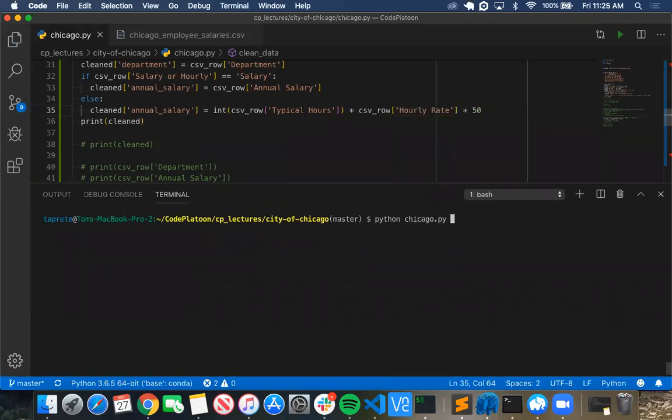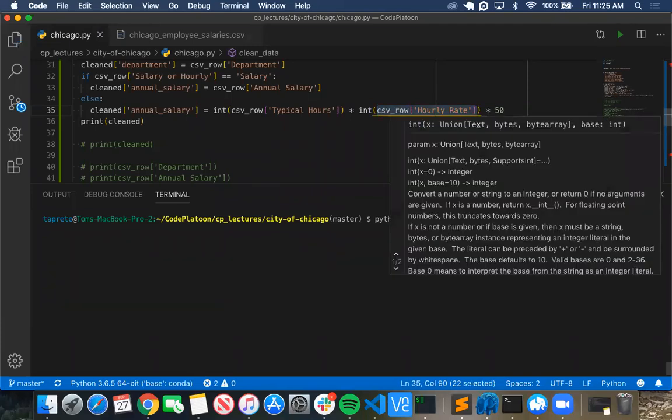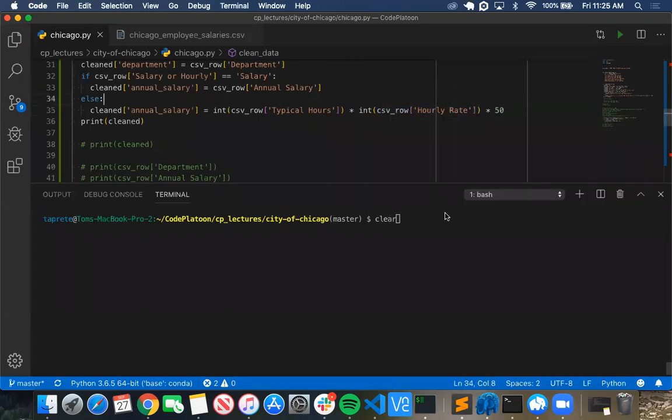So let's try this one. The red squiggly line. What about the hourly rate? Does the hourly rate need to be an integer? Hourly rate should be. Yeah, because you can't take a string and multiply it by an integer. So it should be integer or Integer. Let's just try integer first. It'll work. Don't give us any errors, but it won't be